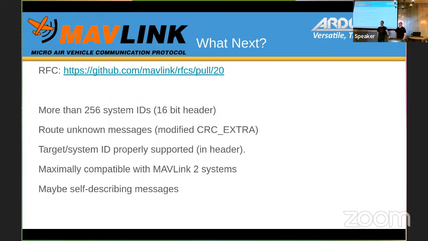But it will be a lot better to be able to run a test suite and say this version of ArduPilot supports this particular message with this set of parameters, ditto with PX4. And that's what I wanted to do to start off the standardization process more than the deletion process. But I mean, it is the same problem. And yes, that will happen. It's just a matter of time, that one.